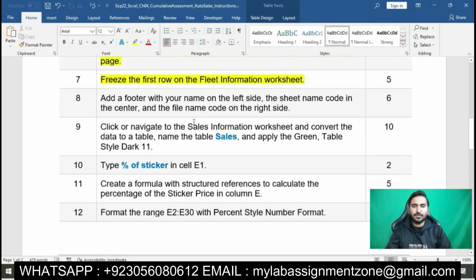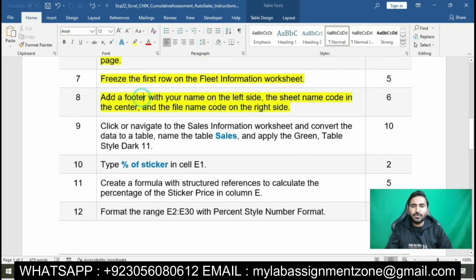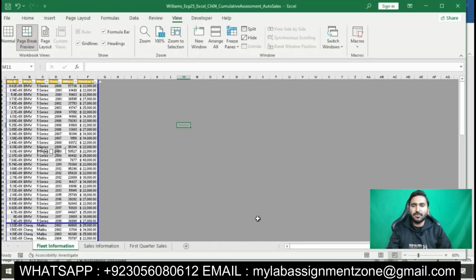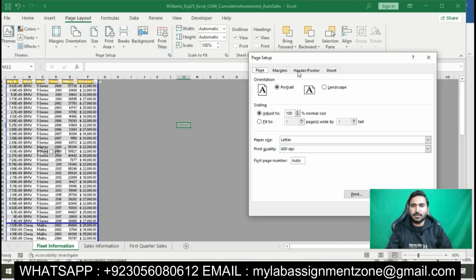Now I am going to do question number 8. The question number 8 is: add a footer with your name on the left side, the sheet name code in the center, and the file name code on the right side. Basically, in this question, we will have to add a footer. Go to the Home tab. Okay, sorry. We will go to the Page Layout tab. In the Page Setup group,